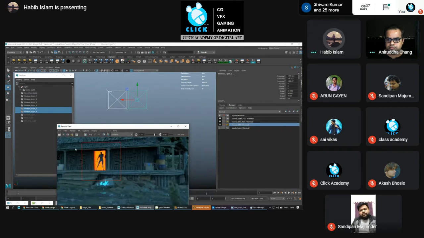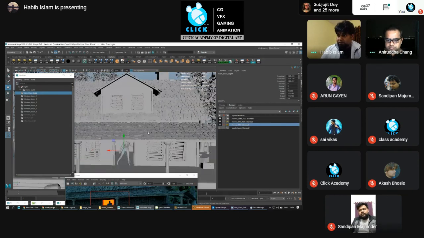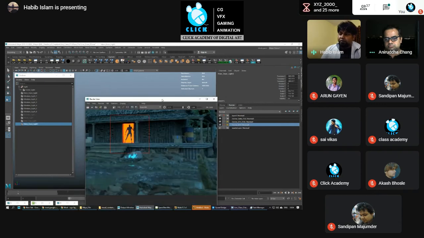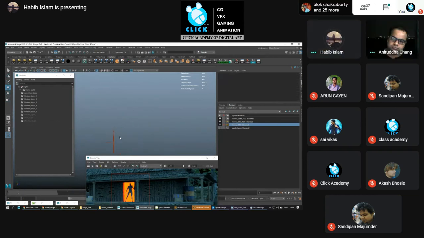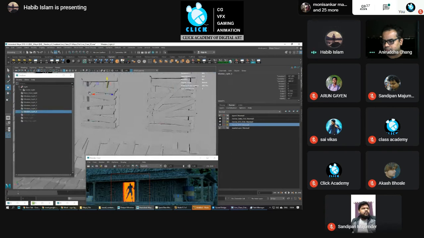You can create one light with full scale like this, that you can use for all the windows and door, or you can create separately for all the windows and the door. So you have the option how you want to do it. For this case I've used them separately, and for the top windows also I've used two area lights that you can see here.